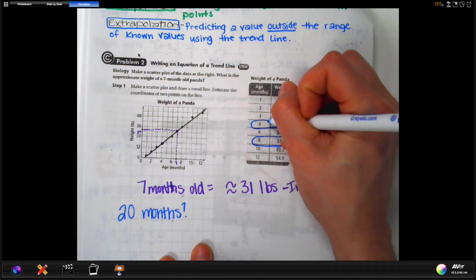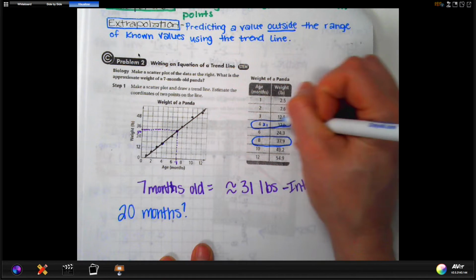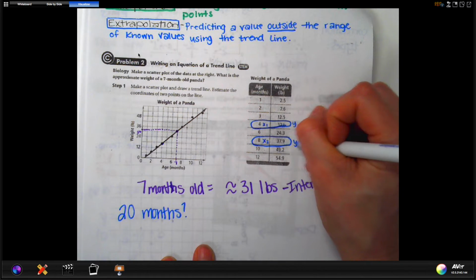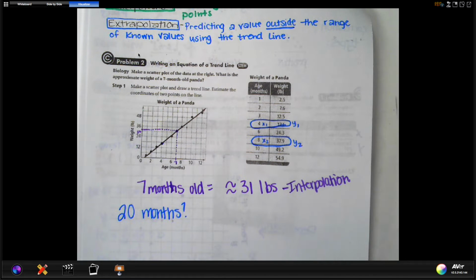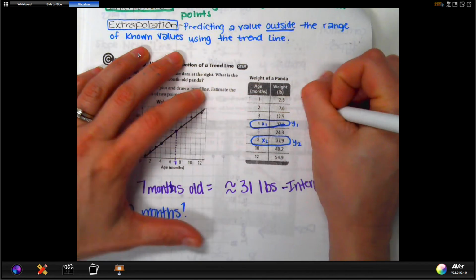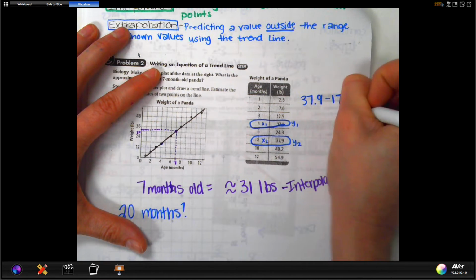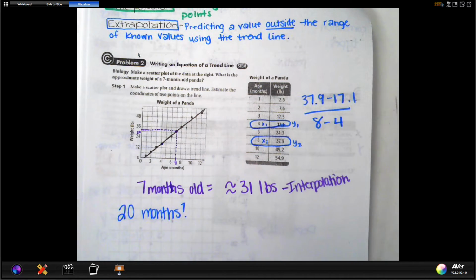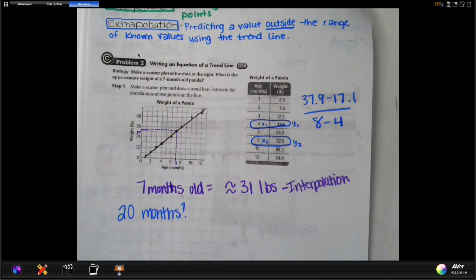We can assign this. This can be x1, y1. This can be x2, y2. How would we find the slope? Or the rate? Go, Emma. 37.9 minus 17.1 over 8 minus 4. Yep. Okay, and so this is going to give us our rate or our slope that the panda is gaining weight. So 37.9 minus 17.1, who's got that? What's the answer to that? 20.8